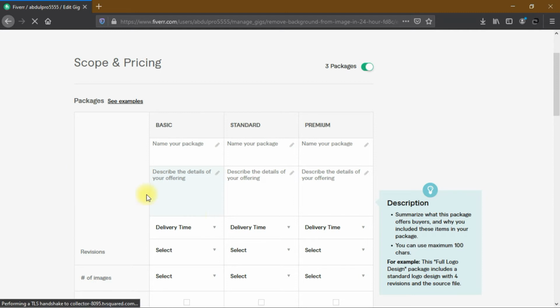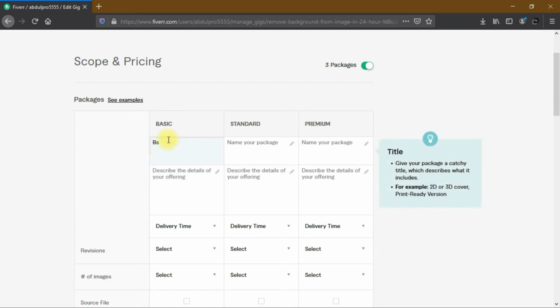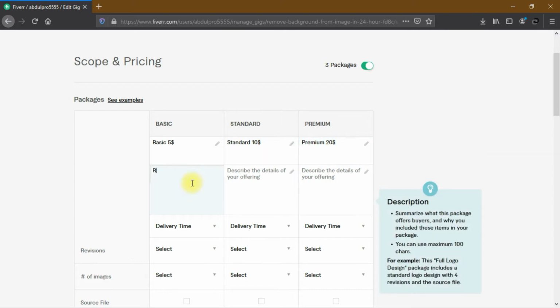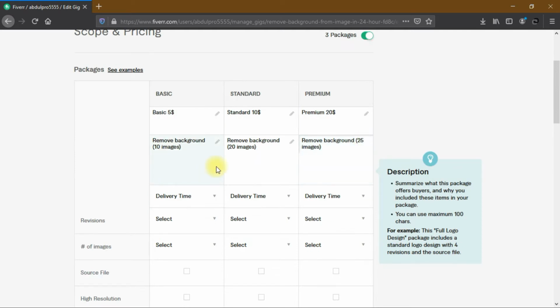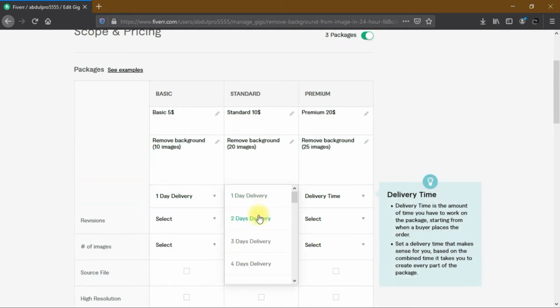So the second step is to define our packages. The basic package is $5, standard $10, premium $20. Then describe the details of your offering. Remove background 15 images I think, and standard 15, premium 25. Delivery days: 1 day, 2 days for